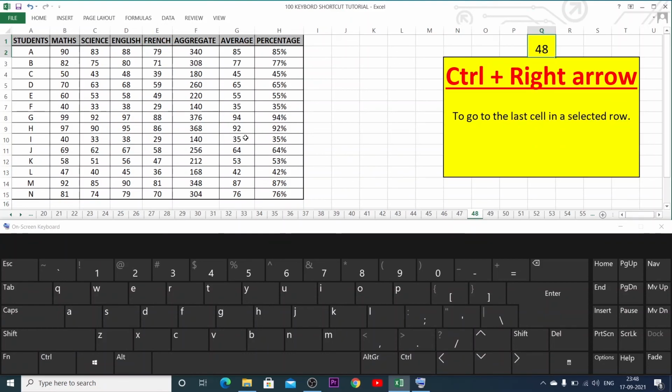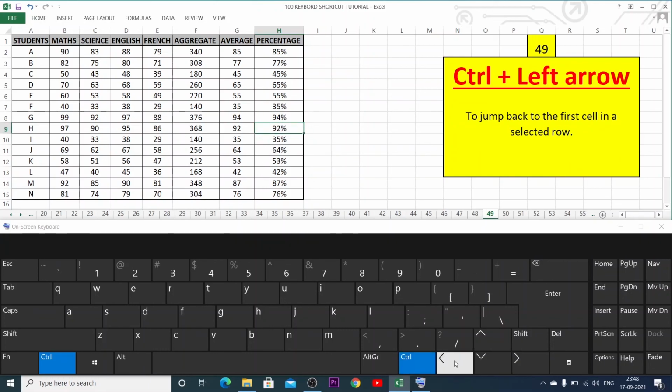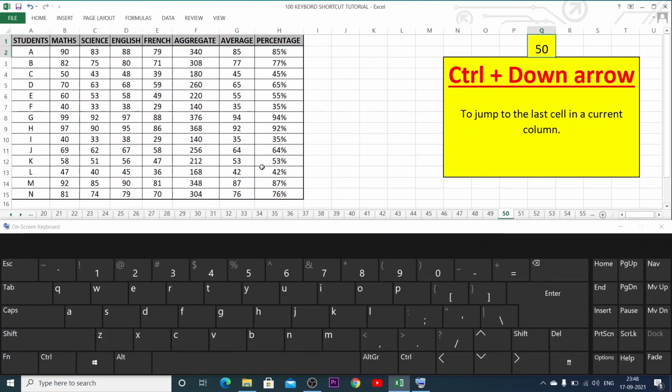Control plus right arrow to go to the last cell in the selected row. Control left arrow to jump back to the first cell in the selected row. Control plus down arrow to jump to the last cell in the current column.